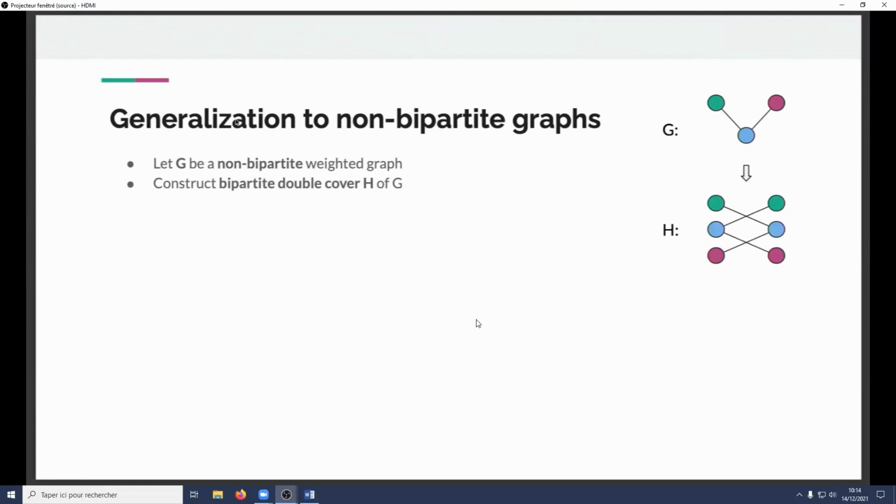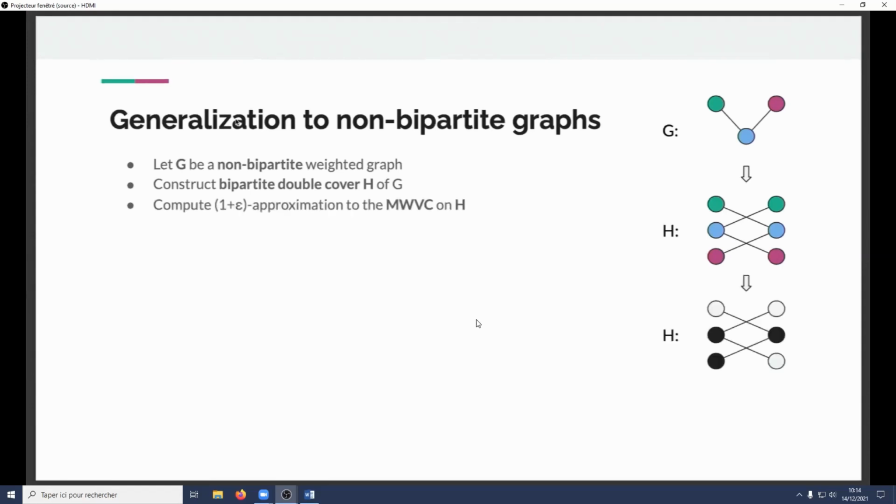For example, we have a green node here. Then we split every node into two, let's say, sibling nodes, and for example, this green one has these two siblings created from it. Every edge is also in the bipartite double cover, but always from a left sibling to a right and from a right to a left, such that the graph is bipartite in the end. All right, now we apply the algorithm I just explained, which works on weighted bipartite graphs,